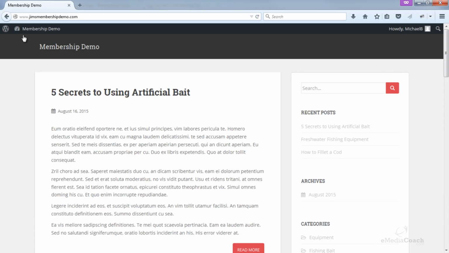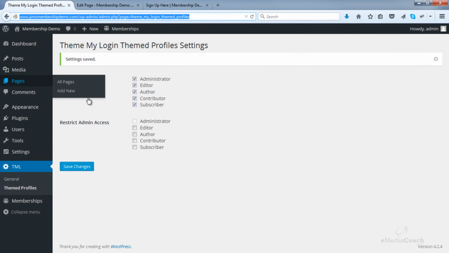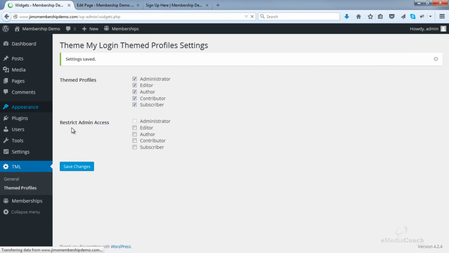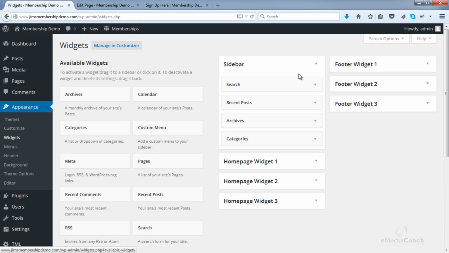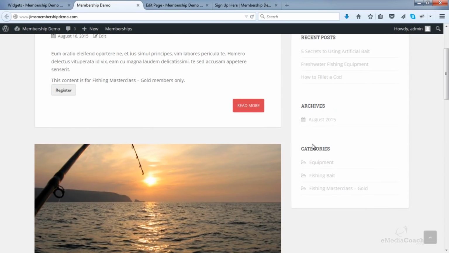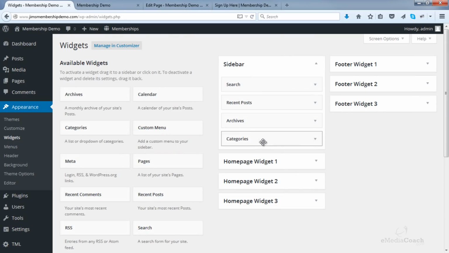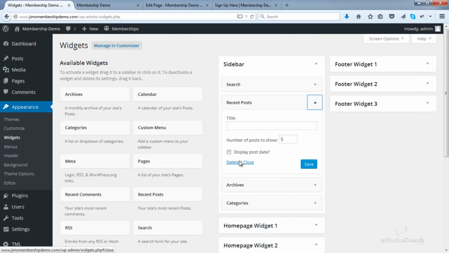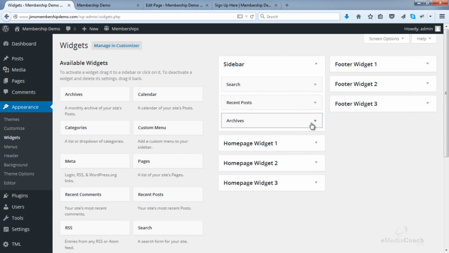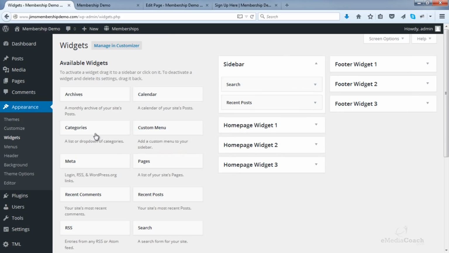Next, what I want to do is place that sign up form in the sidebar over here. So if I close that for now, and back in the dashboard, go to Appearance and then click on Widgets. Now you'll notice that the sidebar has a number of widgets in it currently. Each one of these recent posts, archives, categories correspond to these items here. So you can click on that arrow there and choose to delete any that you do not want to show. Actually, I should have left categories in there.